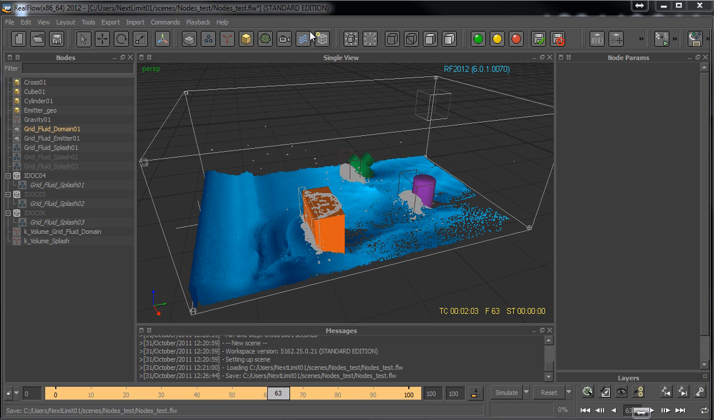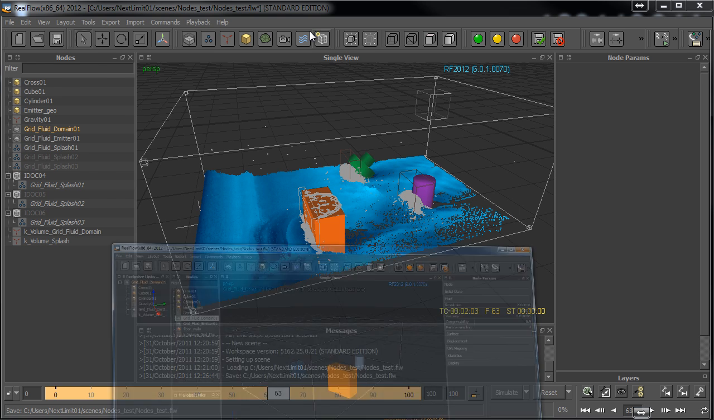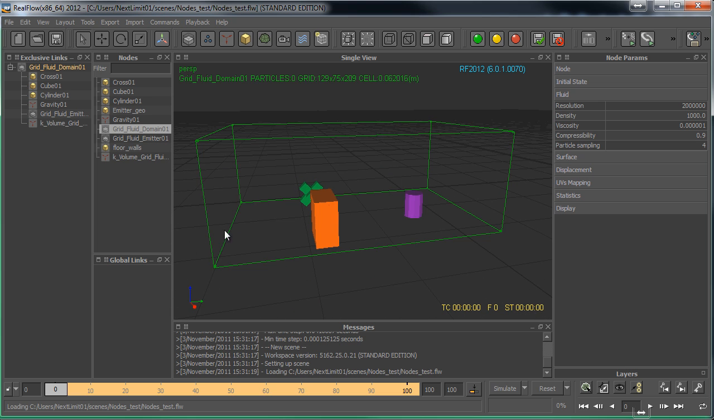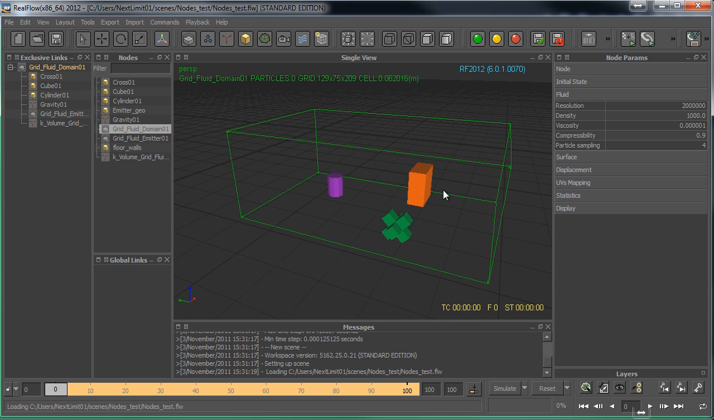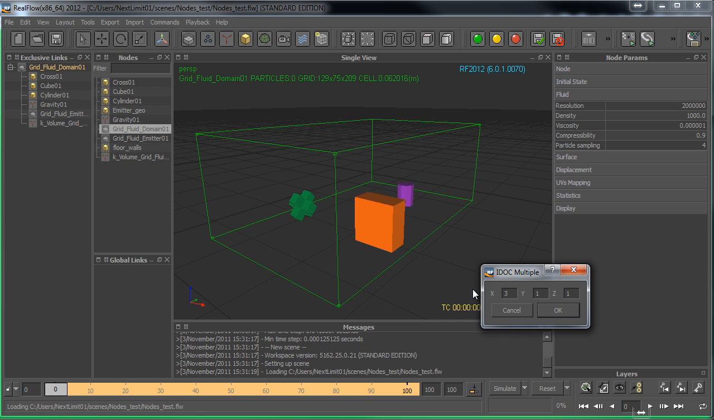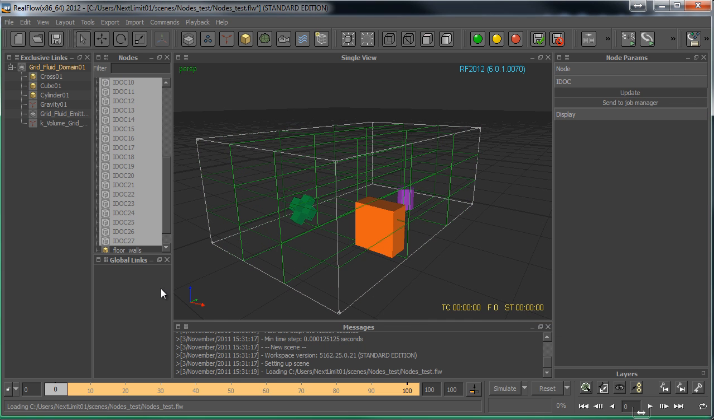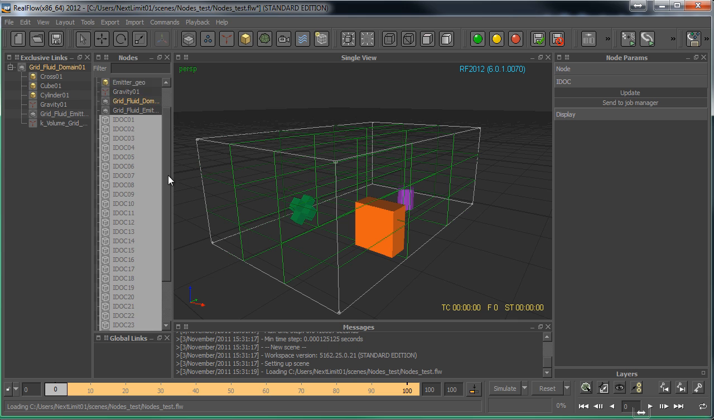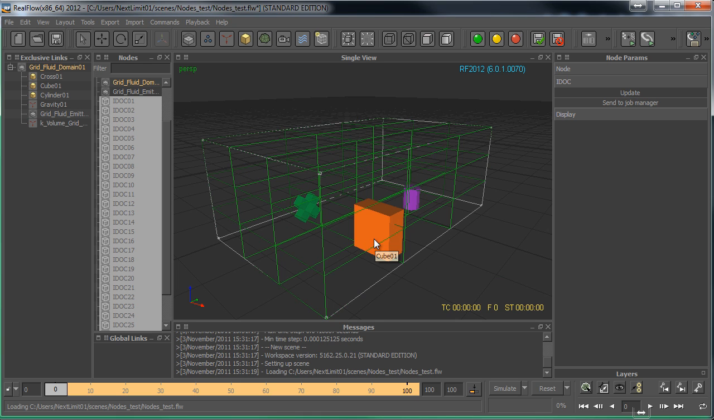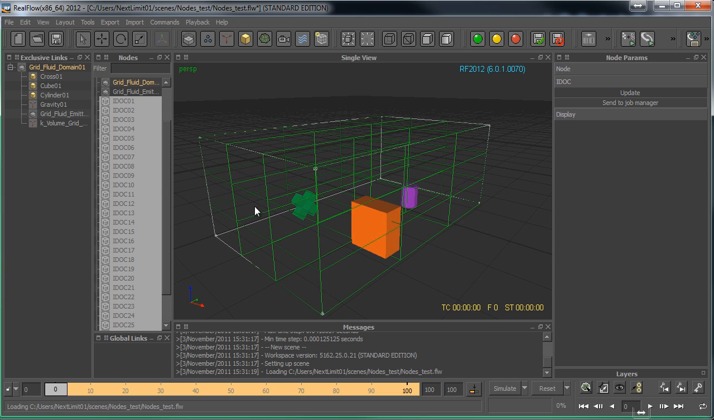But also, especially for high complexity scenes, we have the ability of splitting up the scene into an important number of IDOCs. For instance, in this case, I'm going to split up the grid fluid domain area into 27 IDOCs. Here we have them. And with these two buttons here, it will be pretty easy for me to manage all of the 27 IDOCs. It's not necessary that I go one by one